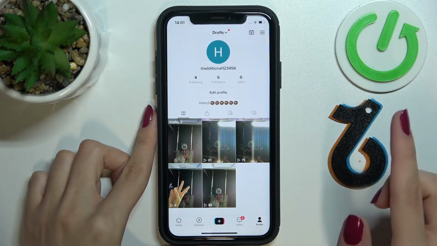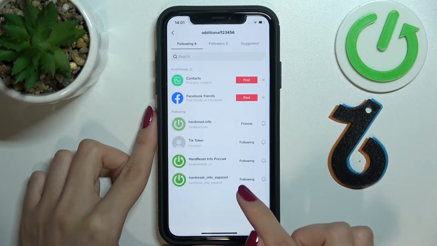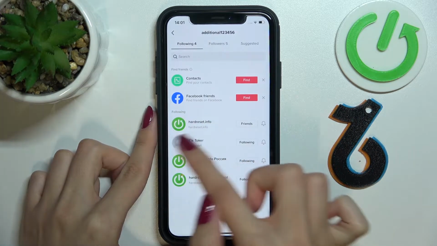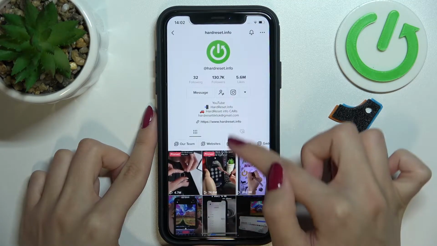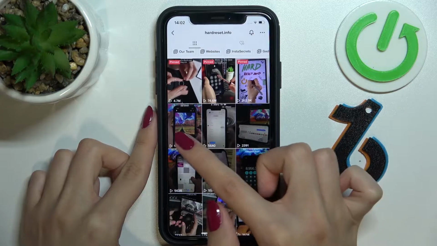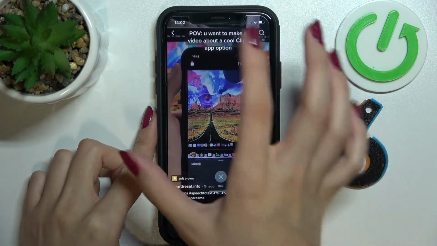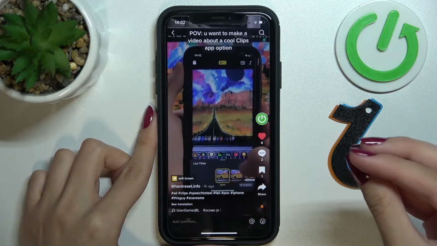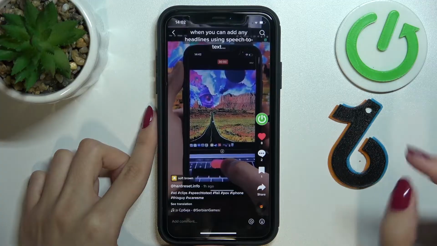let's choose some TikTok as an example. So I will go to our official account, HardReset.Info, to choose one of these TikToks as an example. Maybe it will be this one. So to save this TikTok and add it to some, for example, new or old collection, let's tap